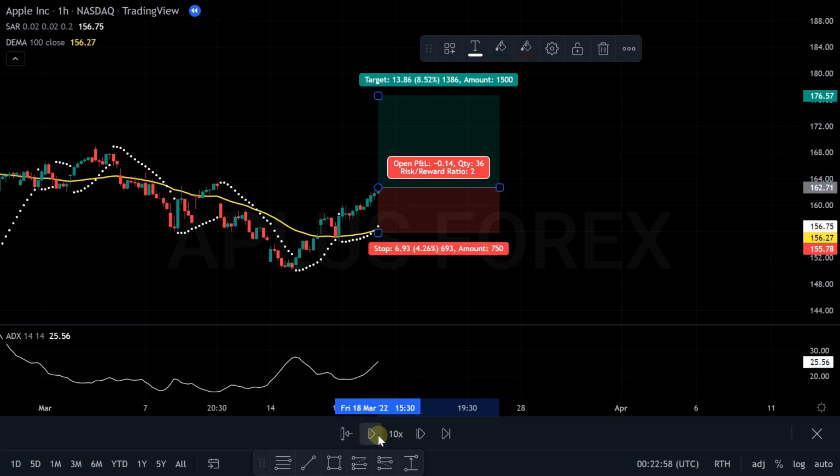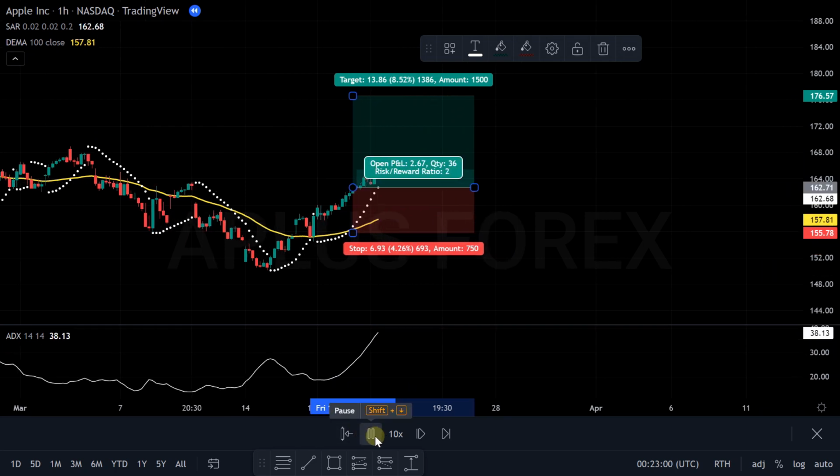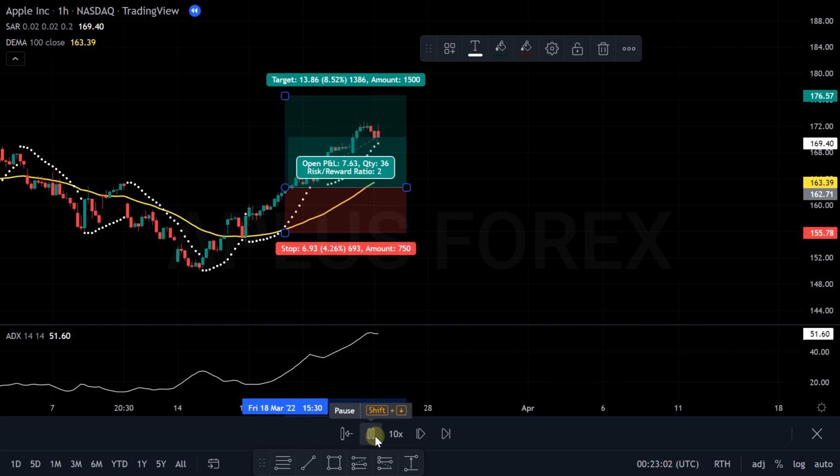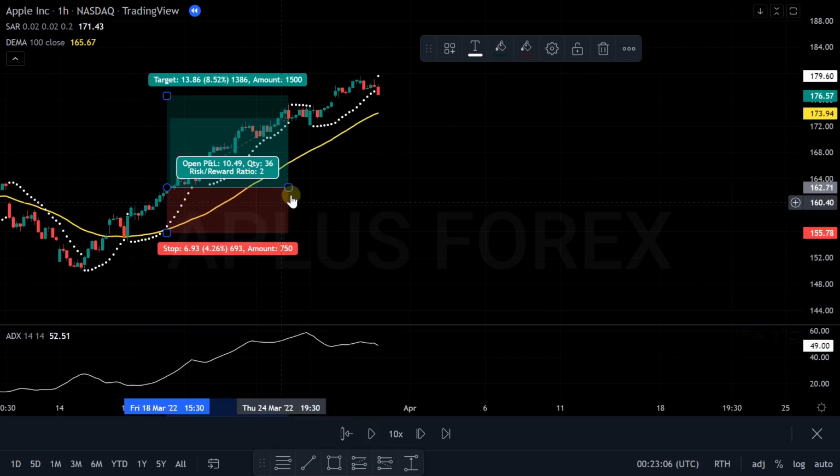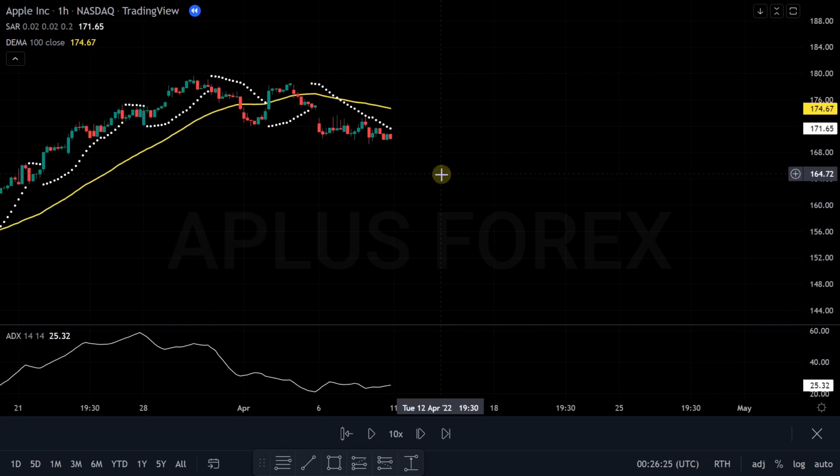Or we can exit when the ADX falls below 25, like in this case. This results in a profitable trade with much more reduced risk. To take a short position, we wait for the market to be below the double exponential moving average. We get a SAR sell signal confirmed by this dot above the candle, and when we observe keenly,